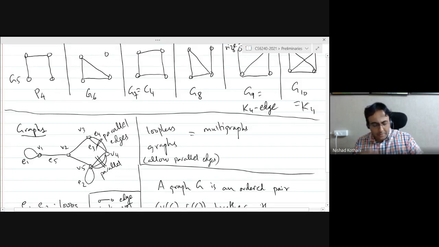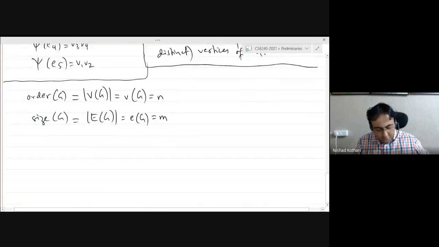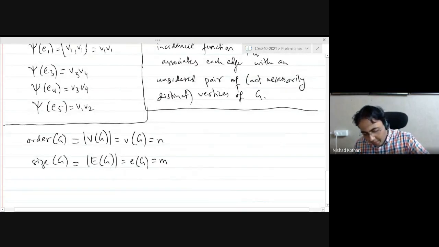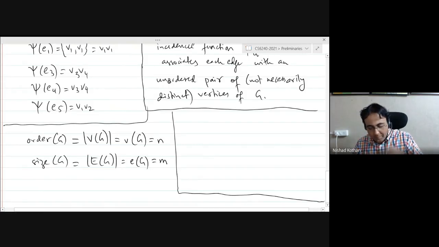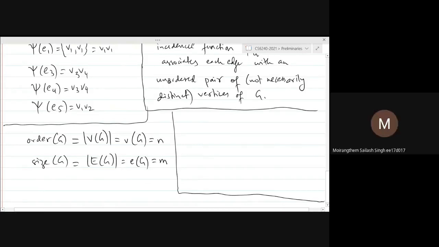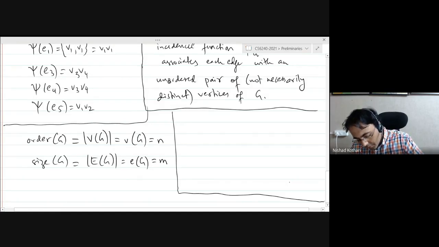Okay, let me give you one example. So I'm going to jump the gun here slightly. Have you seen the operation of contraction of an edge in a graph? No, sir. Okay, fine, no problem. So let me give you a quick example, and I'm really jumping the gun here to answer this question, but we won't take too long about that.